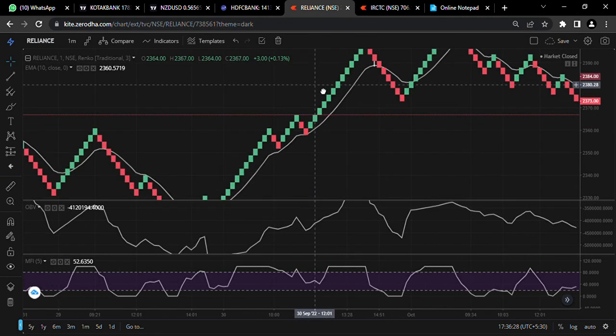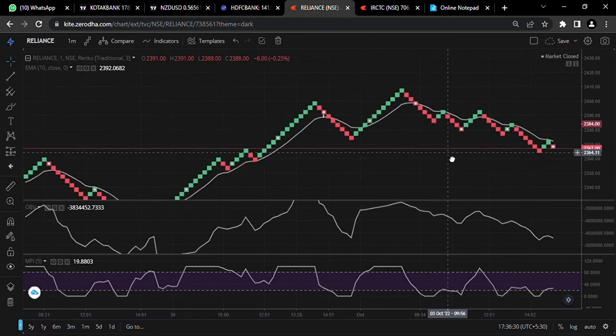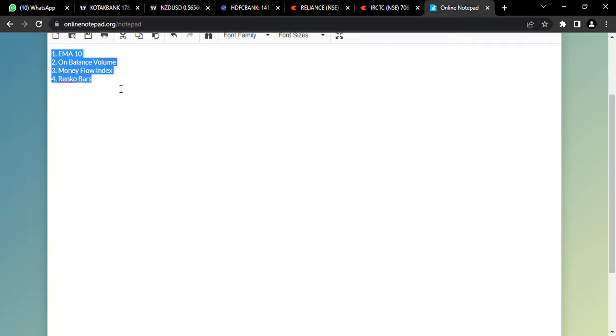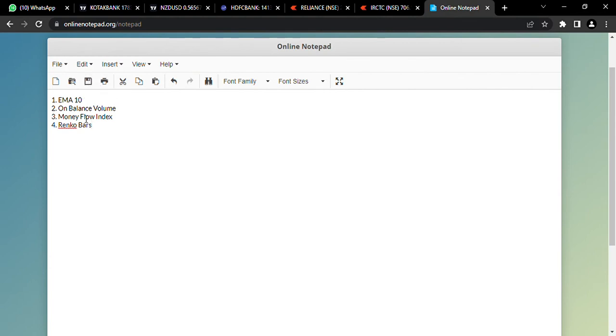So I hope you have come to know about this strategy. I will once again go over it. You have to use the 10 period EMA, and these are on balance volume, money flow index, and Renko bars. So the rules are,